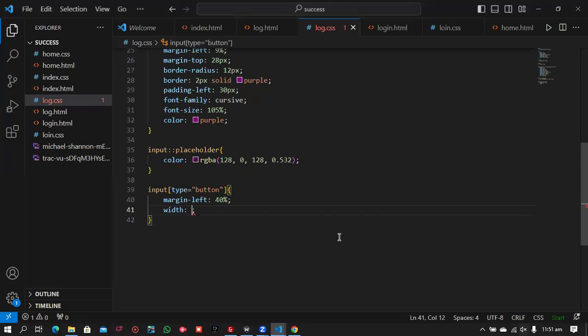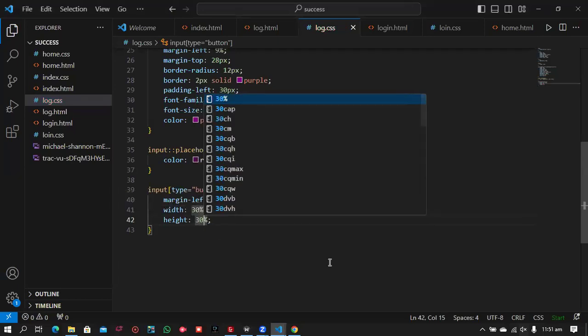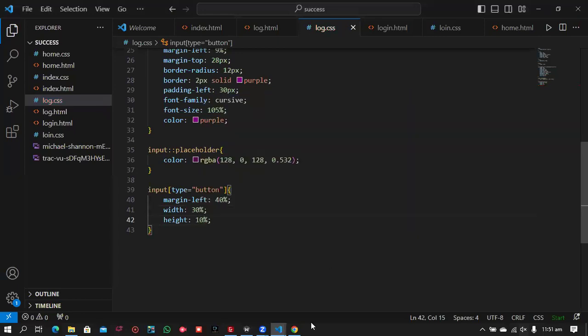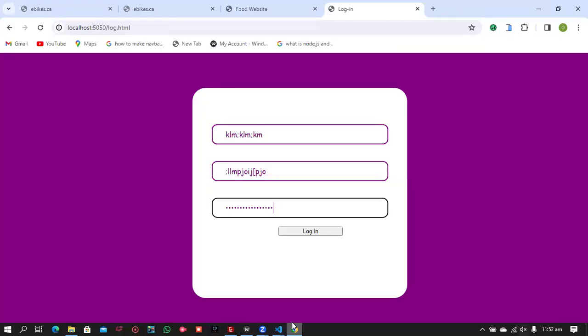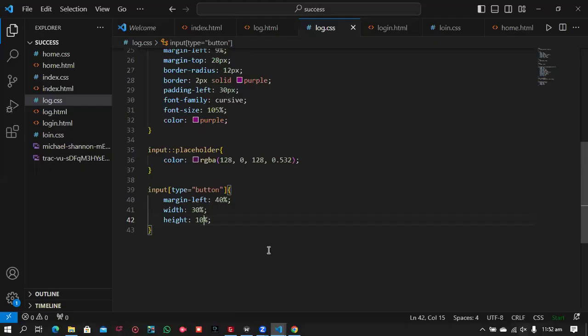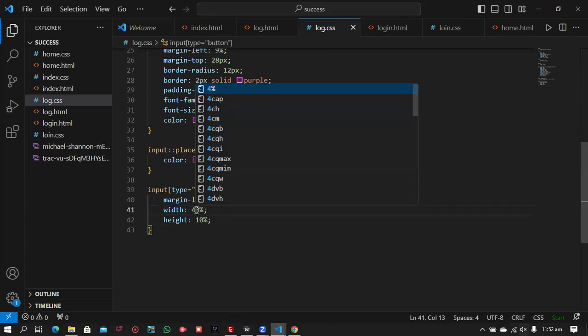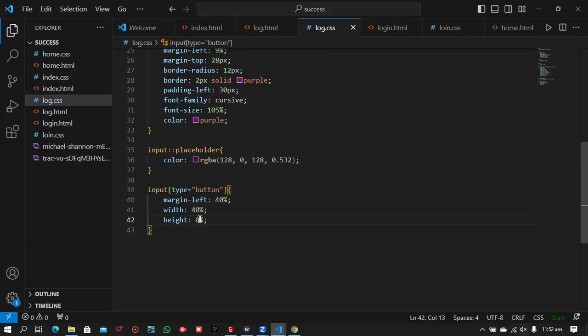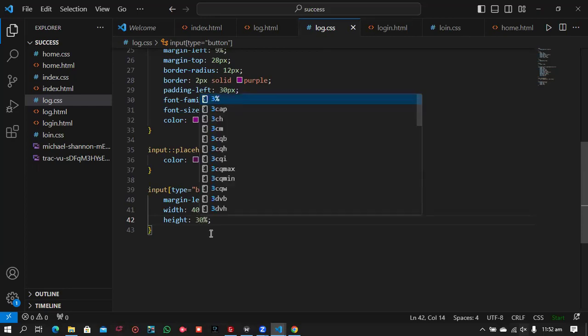So I'll give it a width of maybe 30% and a height of, let's see, 30% for the height. Okay, so 10% is even small. I think 30% for the width is too big. Okay, we're still cooking. Yeah, 40%, and let's make the height of